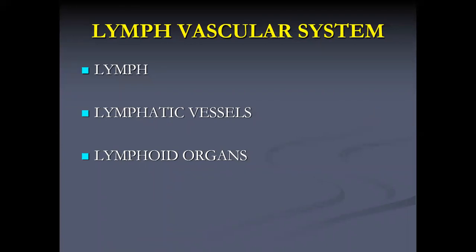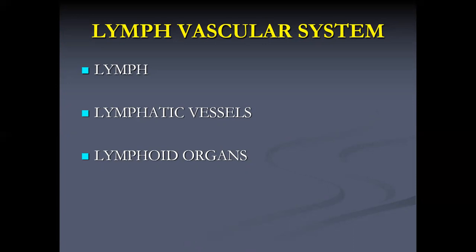Now coming on to the second component of the cardiovascular system. First was the blood vascular system, now the lymph vascular system. In the lymph vascular system, the fluid that is going to circulate is the lymph. And lymph is a fluid enriched with proteins and lymphocytes. It is going to circulate in vessels known as lymphatic vessels. And you have lymphoid organs as well in this system. Lymphoid organs consist of aggregations of lymphocytes and associated cells in which they are formed. They are connected with the lymphatic vessels.